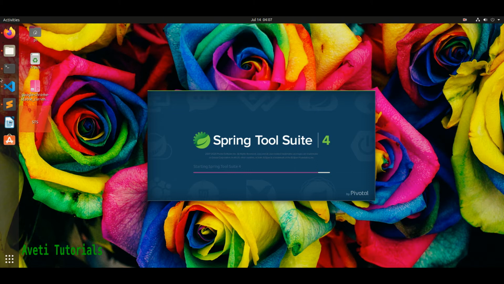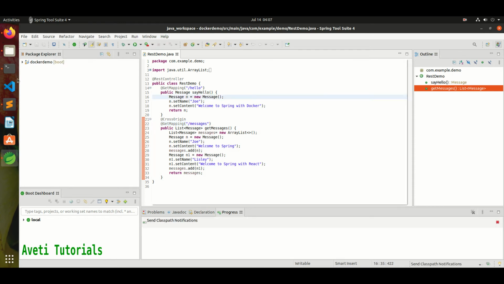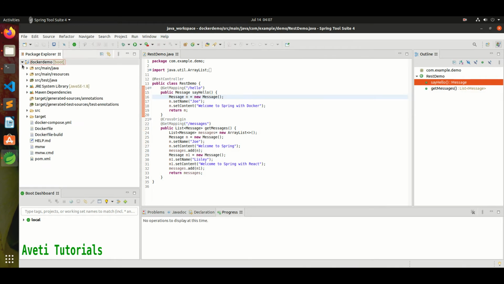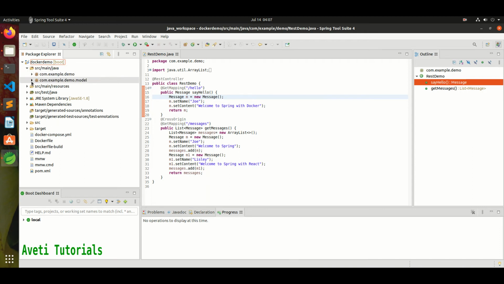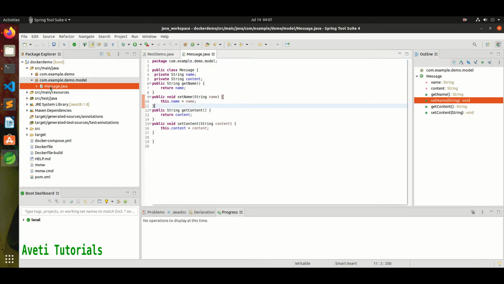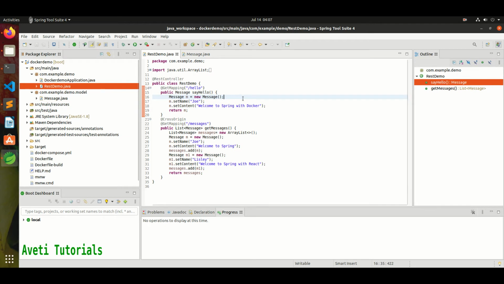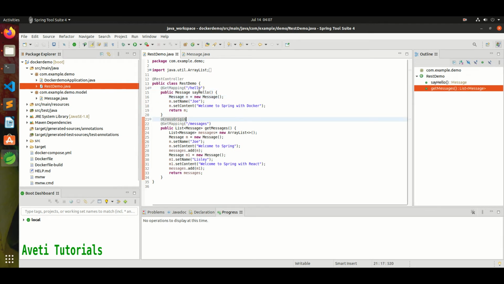It's opening up. So let me go through the model and the controller part. I have a Messages class. This is the model, and it has name and content properties. And if we go to our REST controller, you see it has two endpoints, hello and messages,